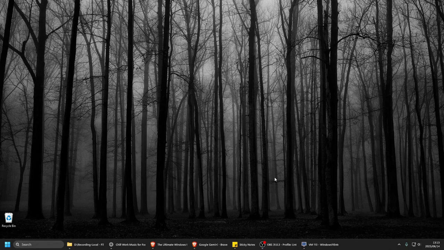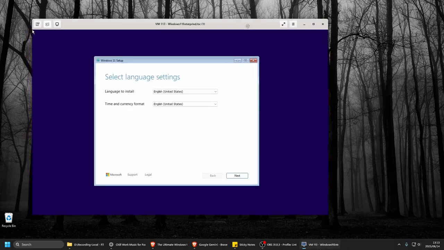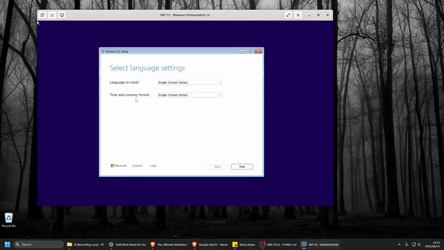So yeah, let's just quickly install it, get the installation underway. Obviously just download it. I'll have a link in the description for this. And yeah, I have a legit key for it. I bought a key, so it's all good. This is a VM, but I've got the same setup on my laptop. So once you boot up,